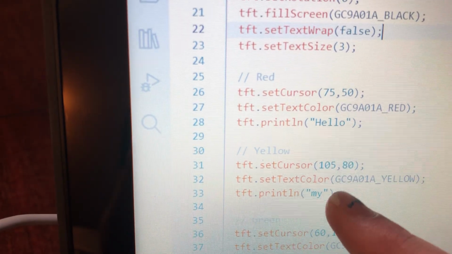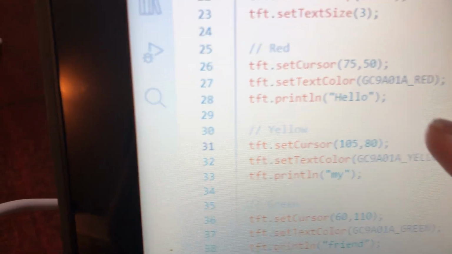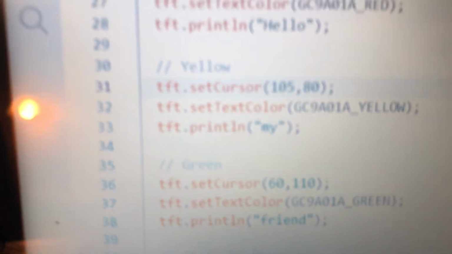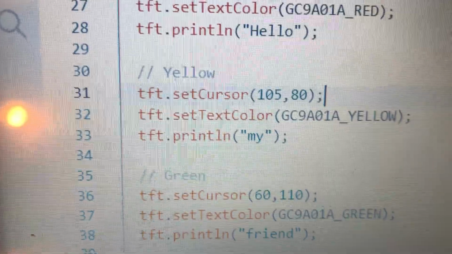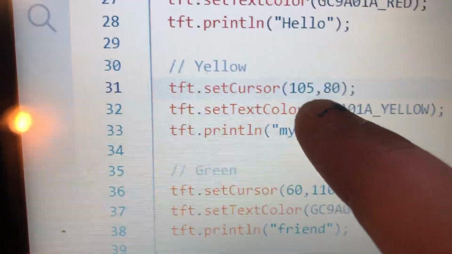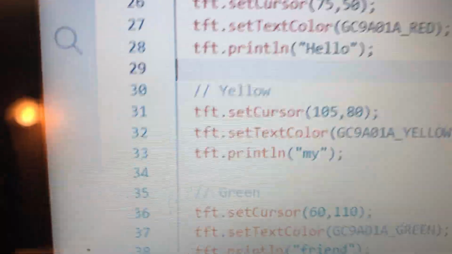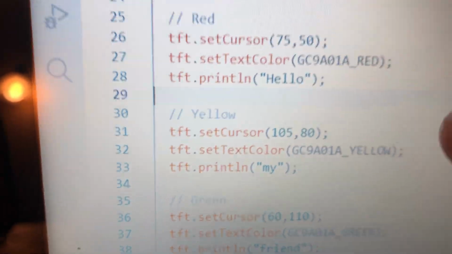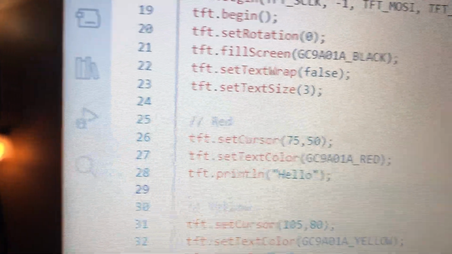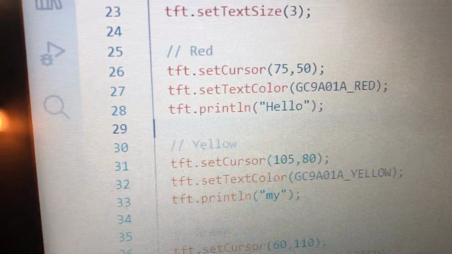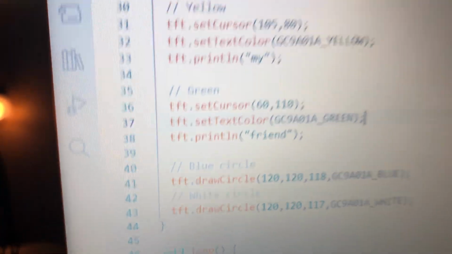It says set cursor, like here. If I change the numbers in the code, it will change where it is positioned, because this is X and then this is Y. This is the same format that is used in, I'm pretty sure, any of the print commands. It does set cursor, we'll do the color, and then we'll print the word. So this is